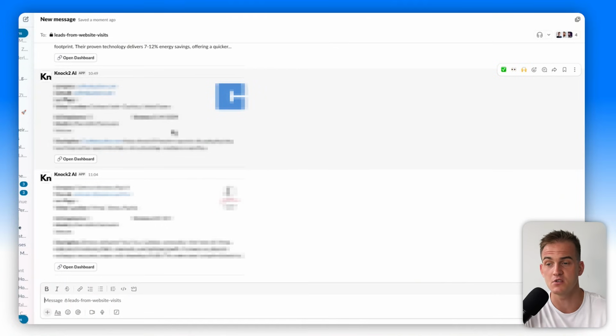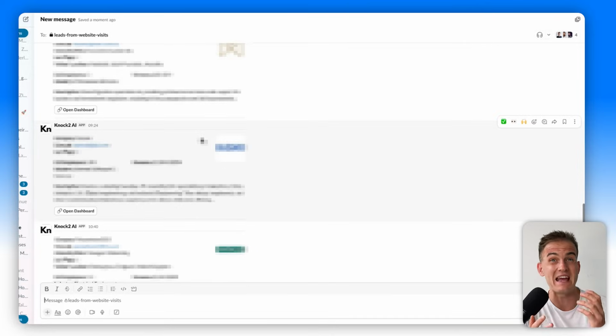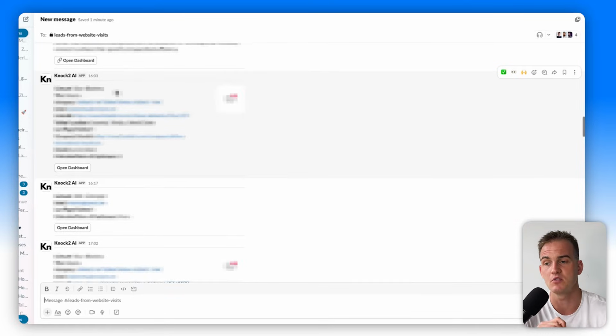Now, if you have plenty of website traffic coming from the United States, the chances are you would absolutely love using a tool like Knock2, because as you can see over here, you can also set up automated Slack notifications so that as soon as someone visits your website, not only will it trigger the automatic running of the Clay table with all the personalizations and all that fun stuff, but also it will enable your team to be notified